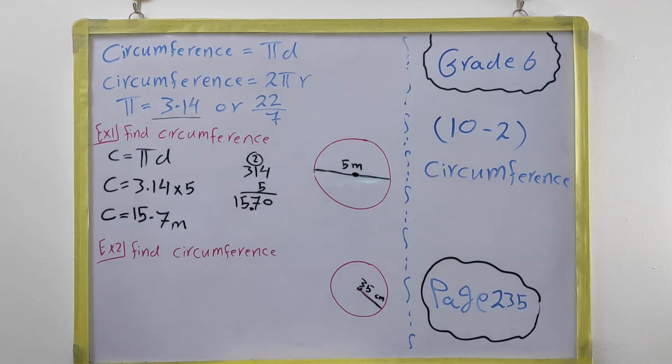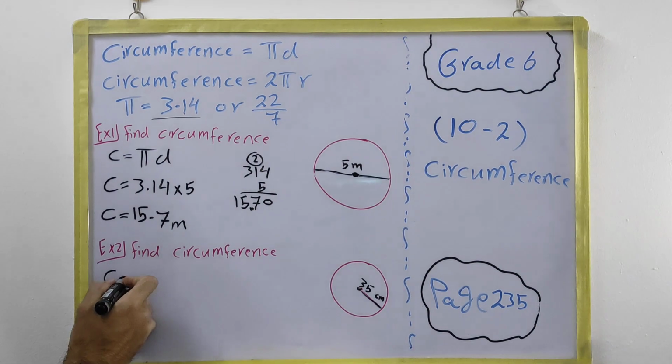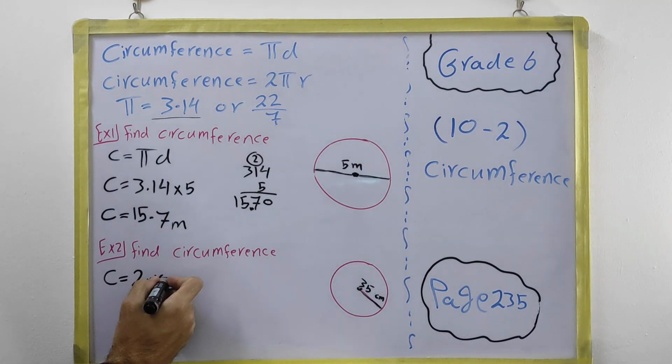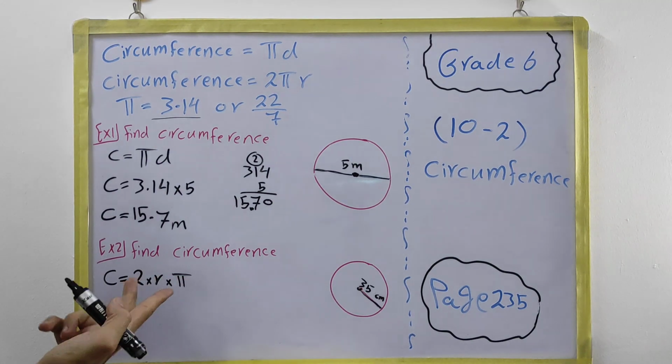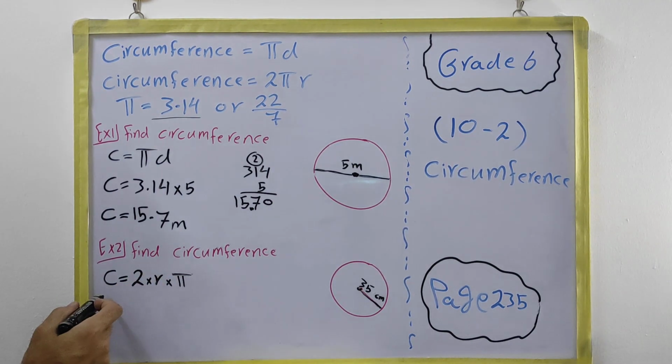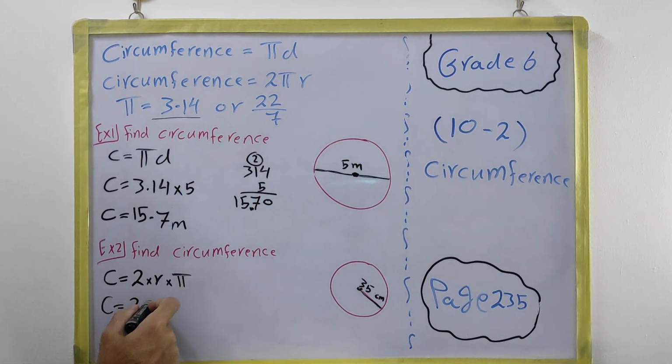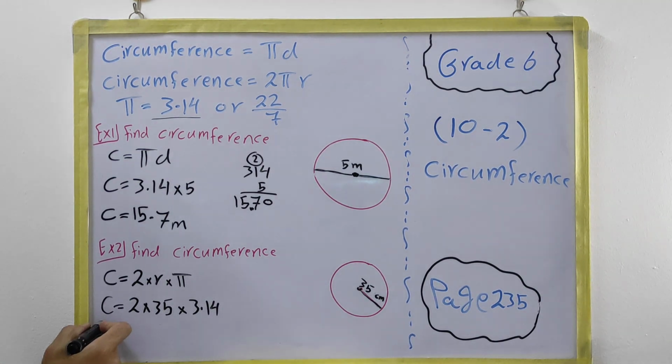In the other one, we can see the radius is given, which is 35 centimeters. In this case we use the second rule, which is 2 multiply pi multiply radius, or you can say 2 multiply radius multiply pi, same, if you change the places, because multiplication is the same. Circumference is 2 multiply radius 35, pi is 3.14. 2 multiply 35 is 70, then 70 multiply